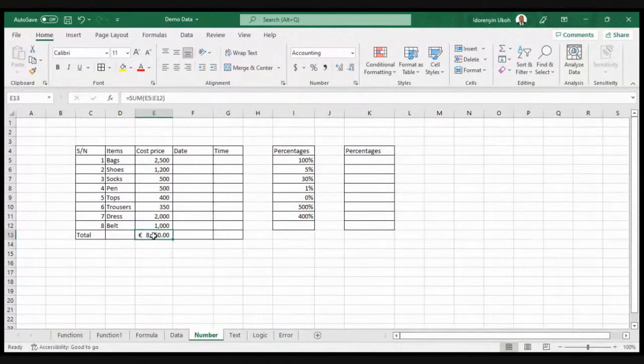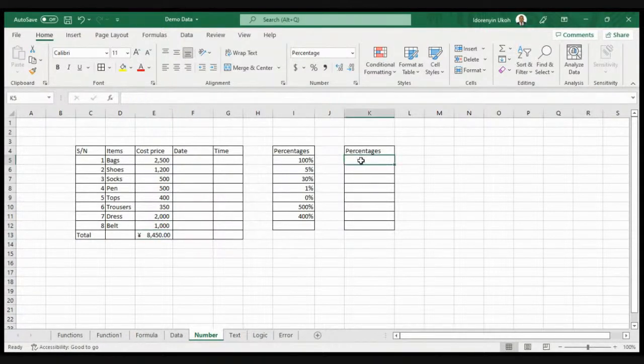The monetary total I have here is in pounds, but that can also be changed. If I don't want my monetary total to be in pounds, I could do it in dollars. So we have different monetary totals that we may use, and each of these is presented in Excel and does not give us an error. We are also told that number data is presented in percentages.